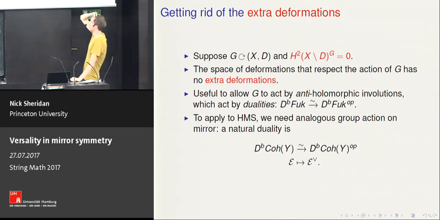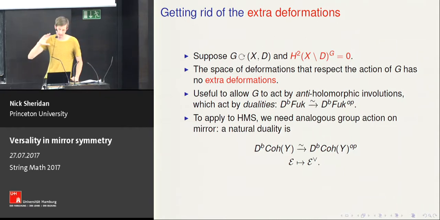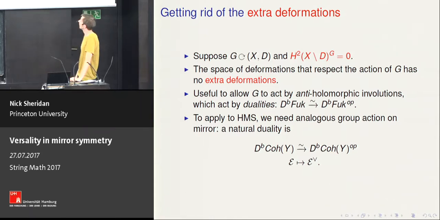So this, although he didn't say it this way, is very similar to what Seidel did in proving homological mirror symmetry for the quartic surface. But he used an action of a group G by holomorphisms, which is somehow, having some discrete group of symmetries of your spaces is a kind of non-generic situation. But it turns out you can also